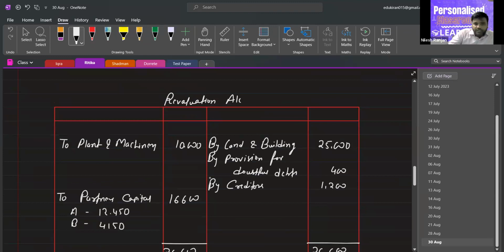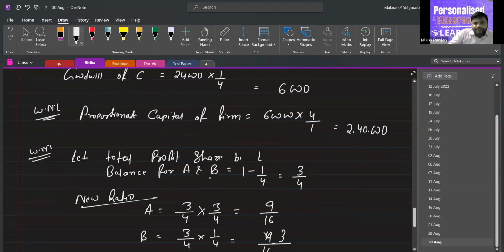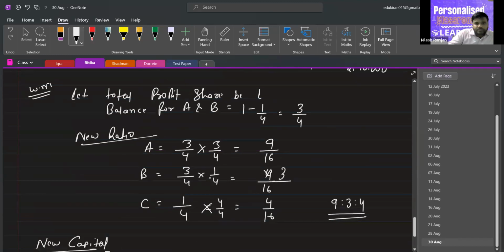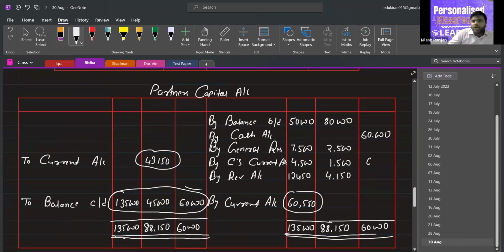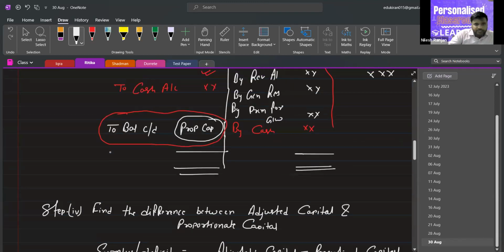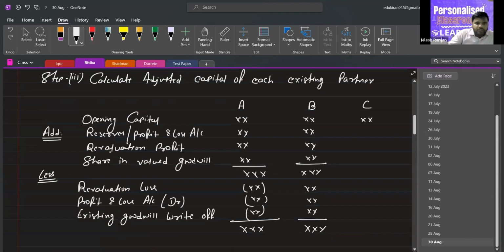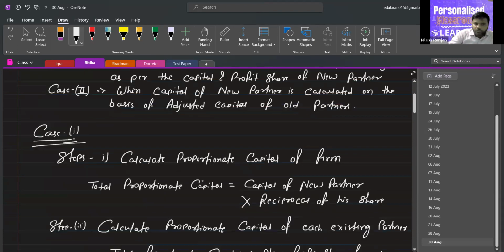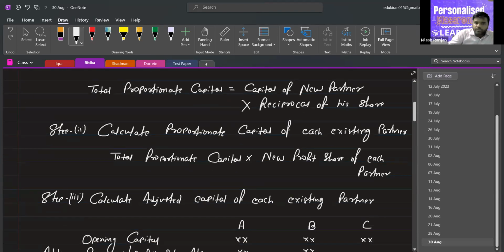Now, can you solve this type of question? Yes, sir. You understood how to calculate everything, like proportionate capital, because it is already written here. You can understand this by the lines given here. So step 1, calculate proportionate capital. The formula is here. Calculate proportionate capital of